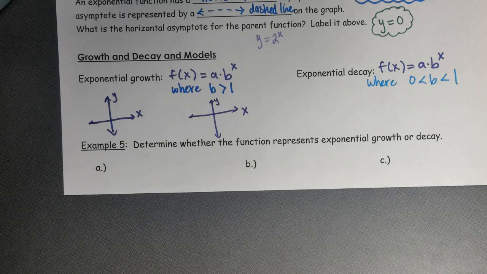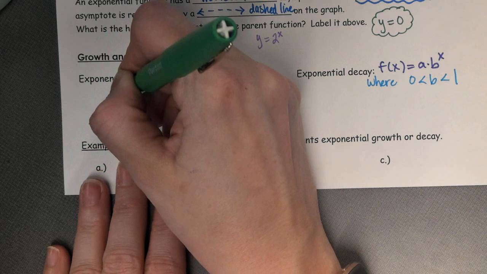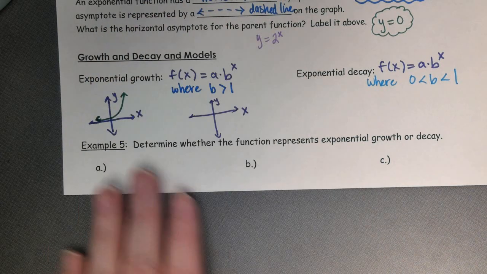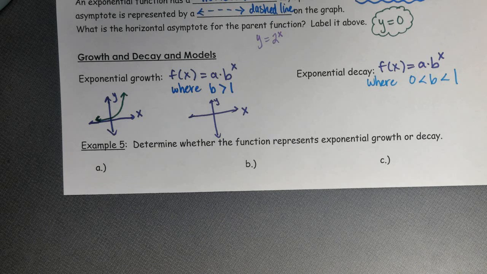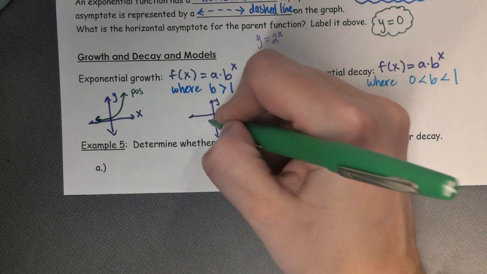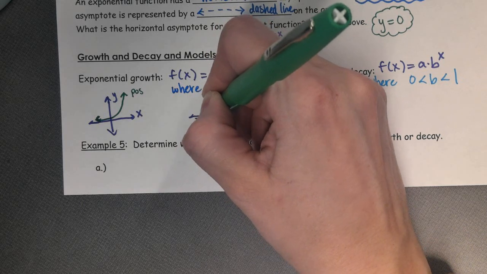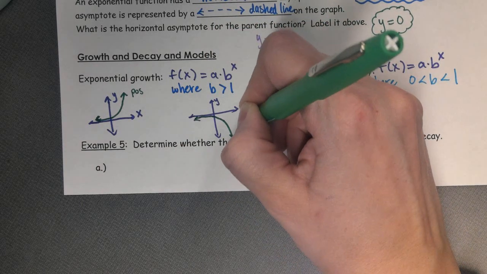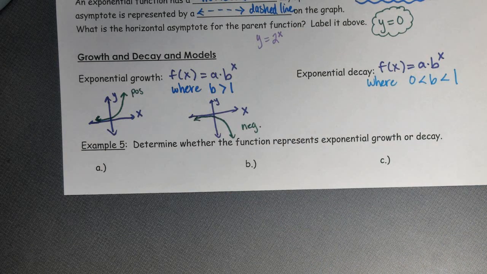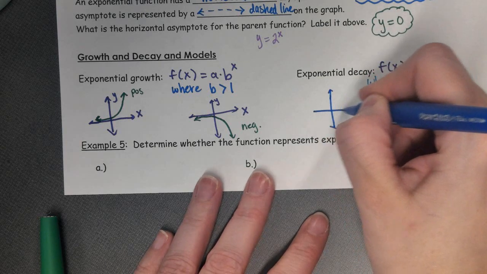Okay, so you can have growth in the positive direction. That's often the population is growing. Okay, and then earlier we talked about stock values, right? So it can grow in the positive direction, but it can also grow in the negative direction, right? Think of our national debt. That's growing in the negative direction, right? So you can have growth that's positive or negative. Okay, for decay, it's the same way. So when something decays, you can either start at a positive value